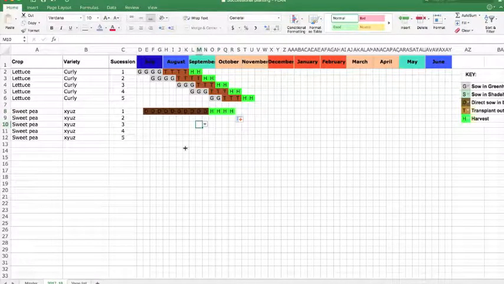So to do the succession on this one is probably a bit more difficult. I mean, sweet peas is something that you could easily have a glut of and just put them in the freezer. Quite easy. If you think you've got this quite accurate, well then you could just copy and paste it